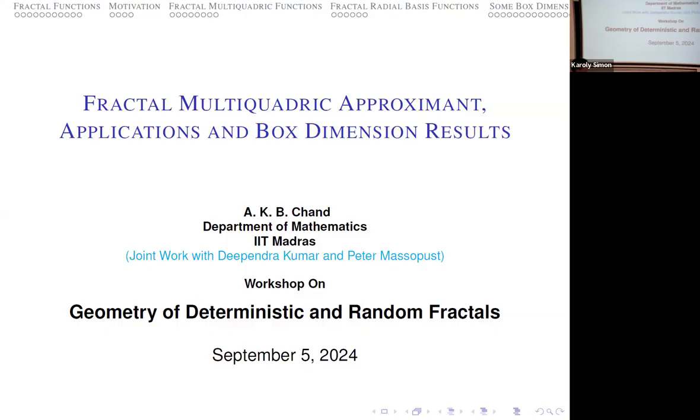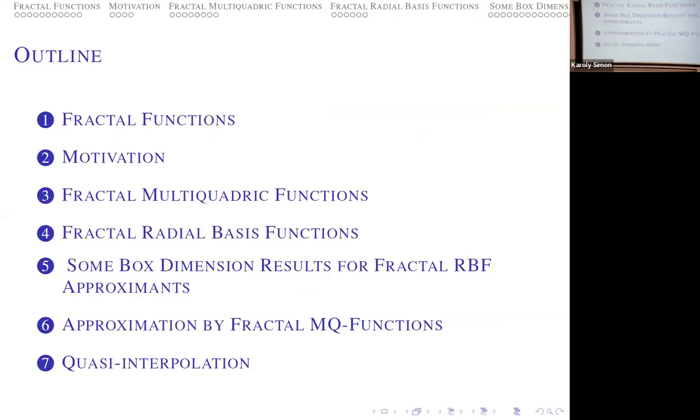Because when it comes to fractal functions, when I started my PhD work around '97, only the fractal functions in the linear setting were there, that is, linear affine fractal functions. Then we developed different types of fractal functions. But in this context, we'll talk a little bit about fractal functions because several people may not be